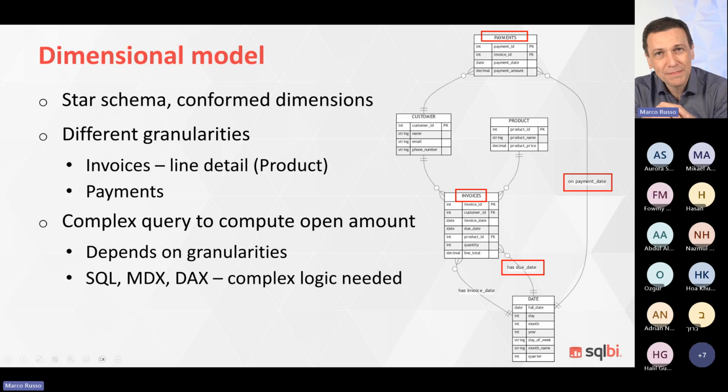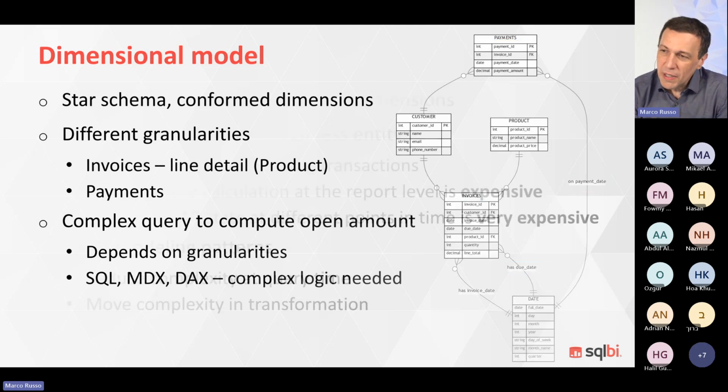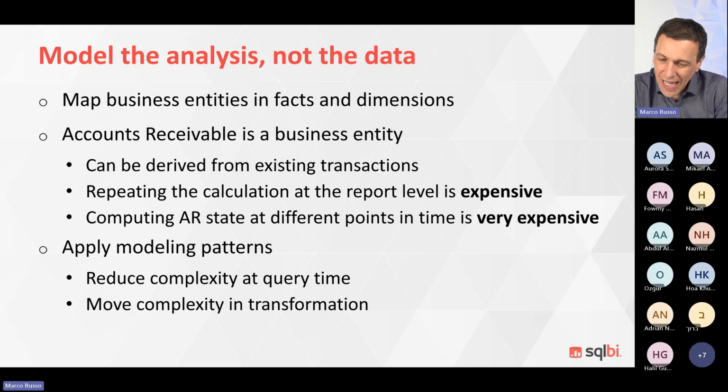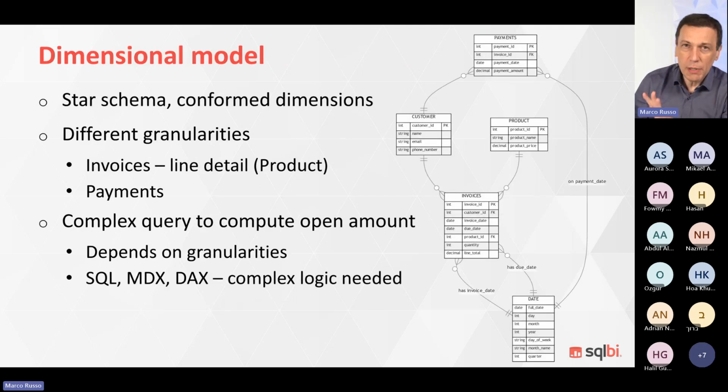And that's something that, if I use this model, I'm not saying it's impossible. I'm just saying that it is more complex than necessary, because the account receivable conceptually is another business entity. Think about this. I go back one slide. In the dimensional model, one business entity should be one table. So customer is one table, payment is one table, date is one table, product is one table, the invoice is one table. The account receivable potentially is another entity that here is not present.